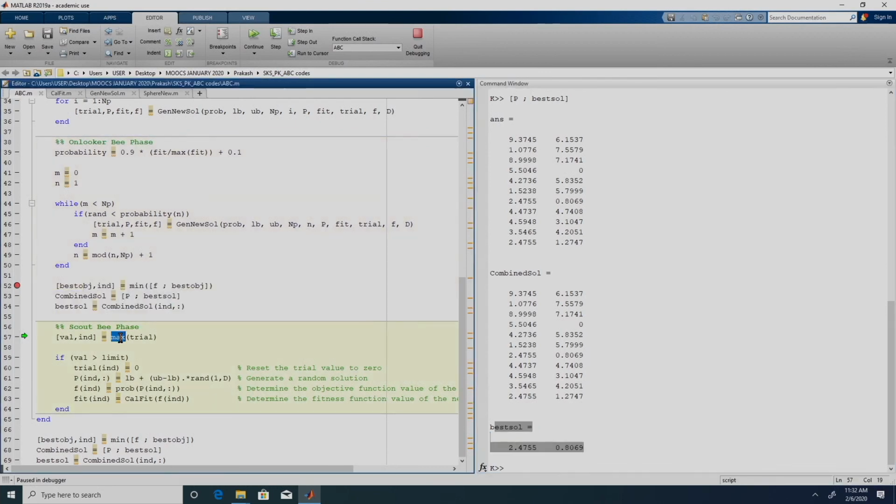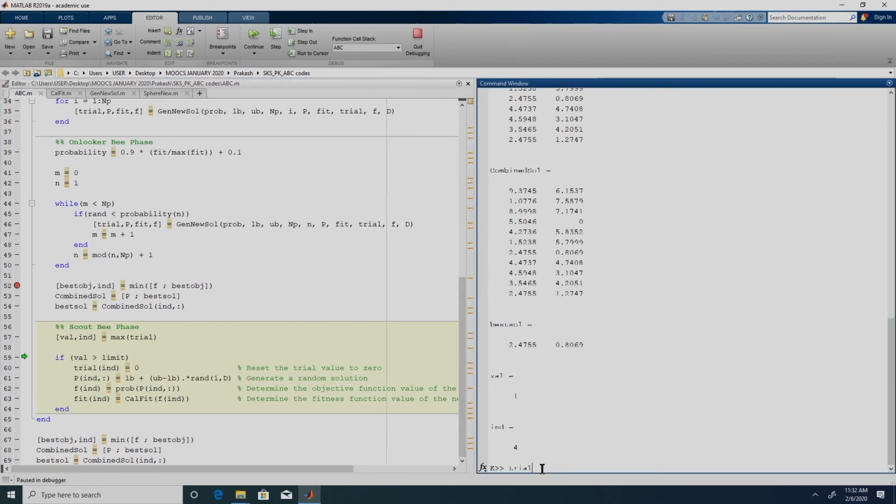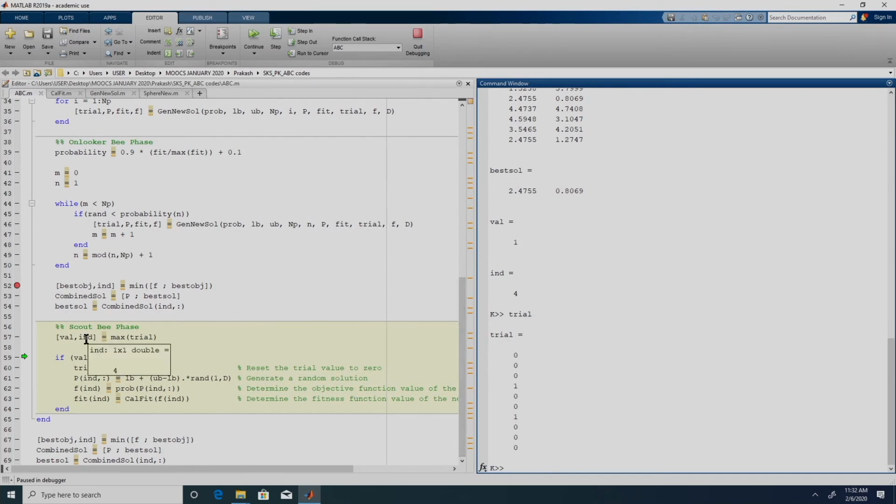So, similar to the min function, the max function will return the maximum value in this trial vector, and it will also tell us where it is located. This int variable will tell us where it is located, right. So, if I do this step, the value is 1. So, the maximum value in trial is 1, and it is going to tell us the first occurrence, right.